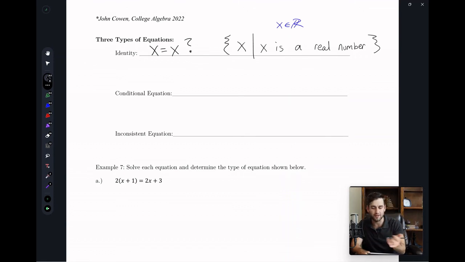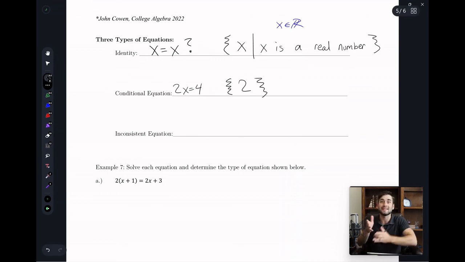So the classic equation of like 2x equals 4, we could all solve that in 2 seconds. x equals 2, right? That's a great example of a conditional equation, because 2x equals 4 when x equals 2, that means there's at least one place where that's true, right? So the solution set then literally would just be 2, which is crazy. That is the answer to that thing. Now, if I had a square root and then a plus or minus, then it might have 2 answers, or there could be some things with 17 answers, but that's a conditional equation.